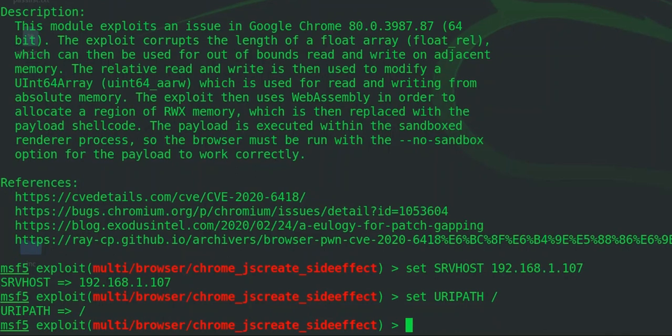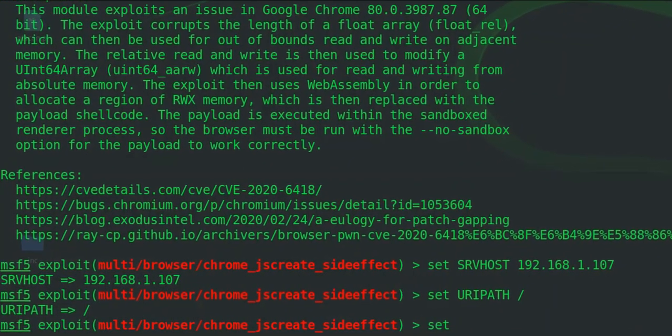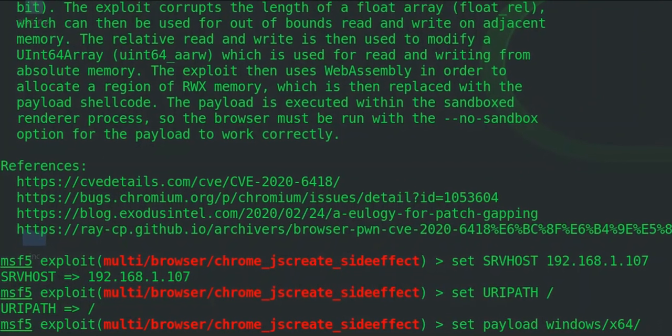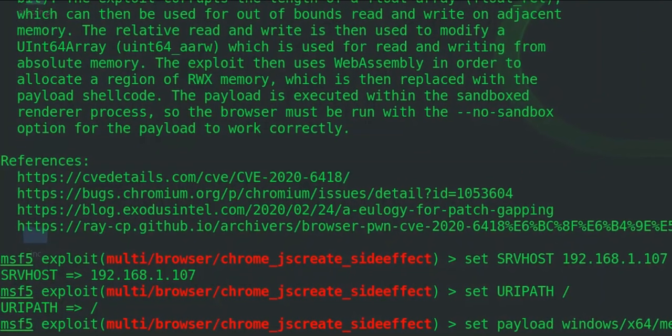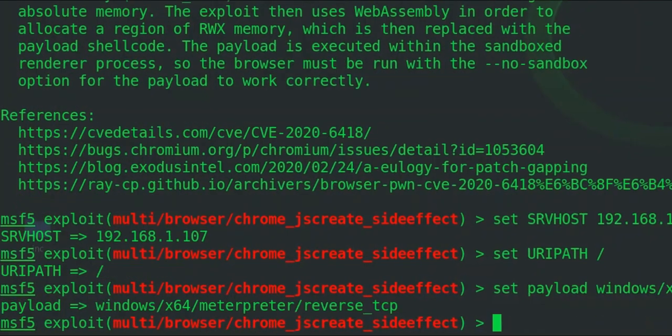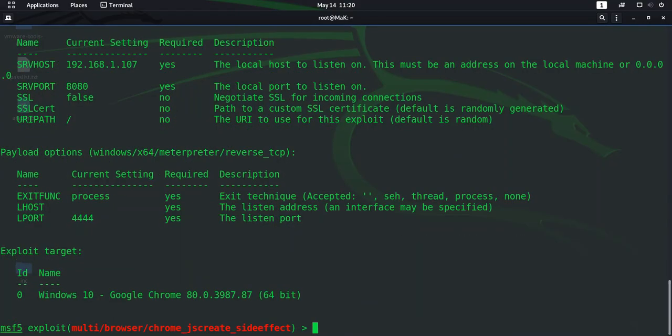Like all set. Now what I have to do is set the payload. So set payload windows/meterpreter/reverse_tcp. Okay, now it's set. Now let's look into the options. As you can see, everything is almost set except the LHOST for our payload.